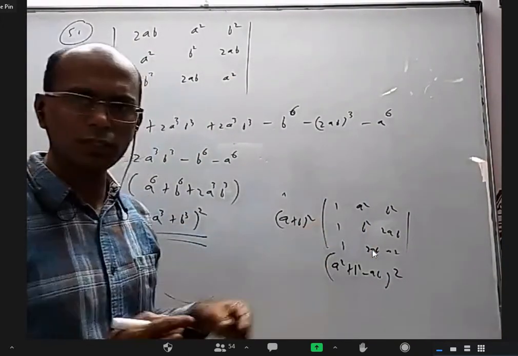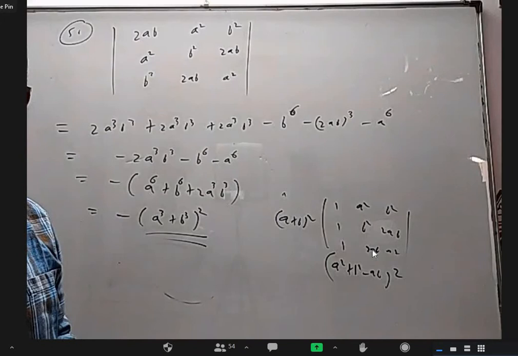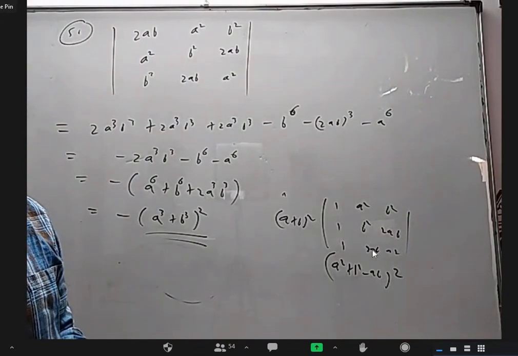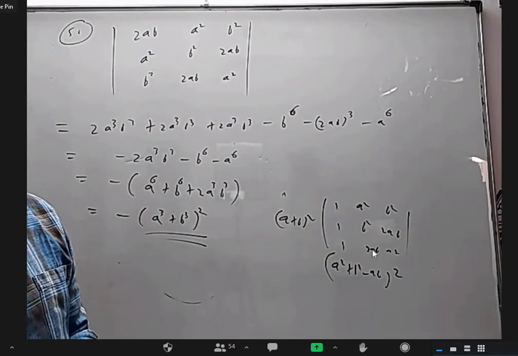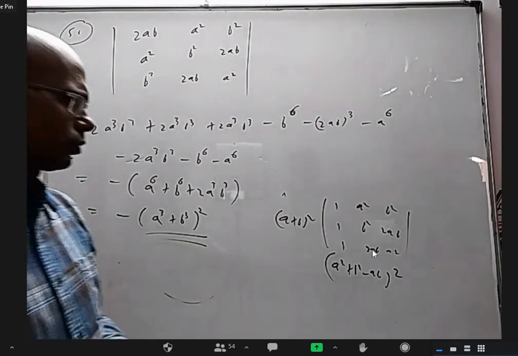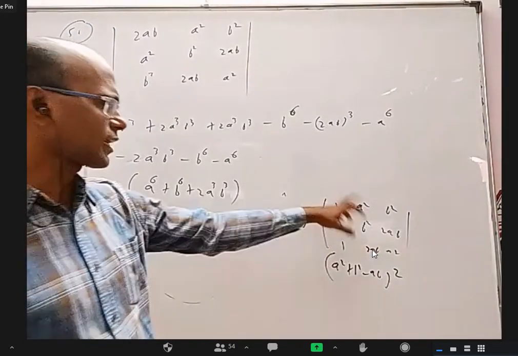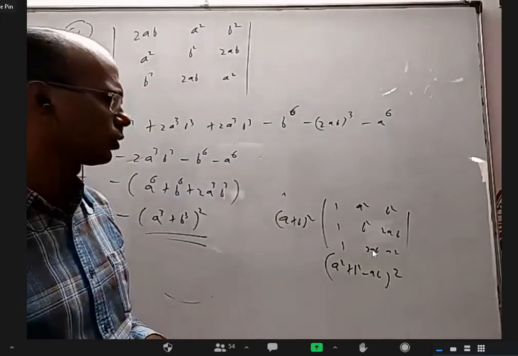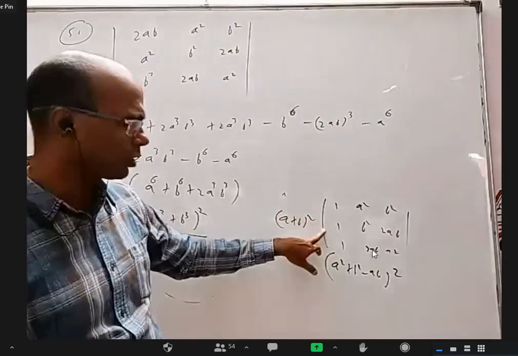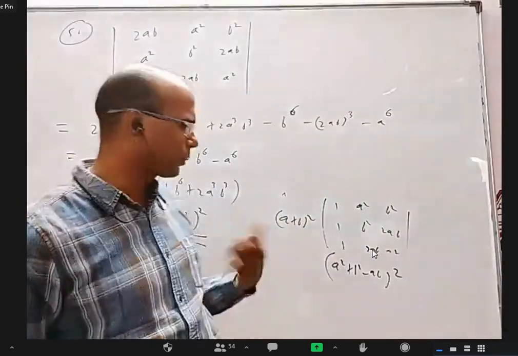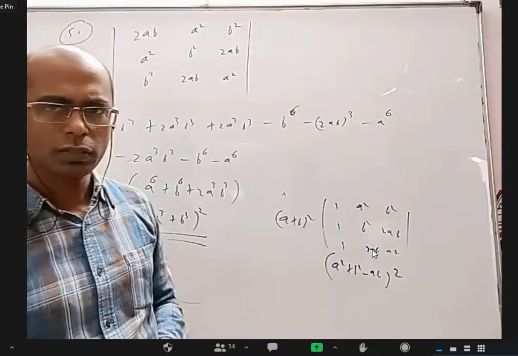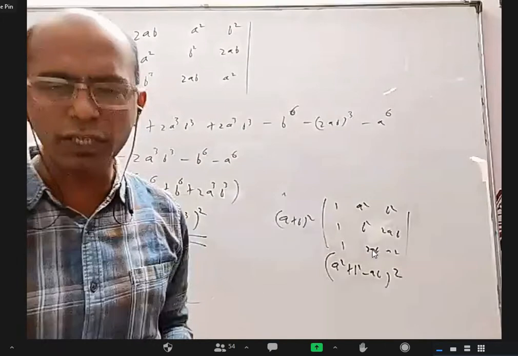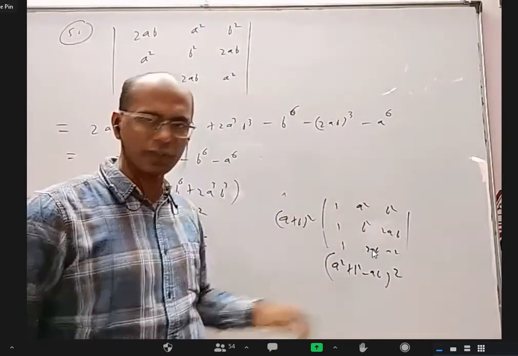Sir, one doubt. We will get only 2 zeros in the first column. Then we can expand using the first column. You are saying just expand this? Yes, sir. We can expand using only the first column. Okay, because if you expand using the first column, you will be getting a power 4 and b power 4 and 2a square b square minus 2a cube b minus 2a b cube. You have to recognize that it is a perfect square.